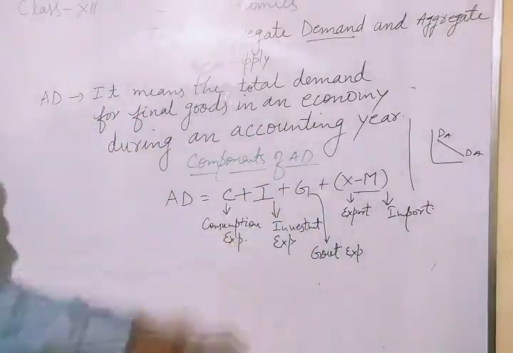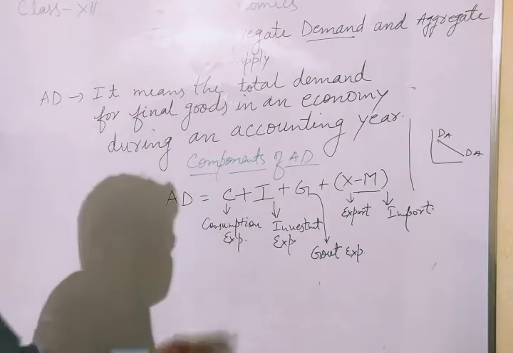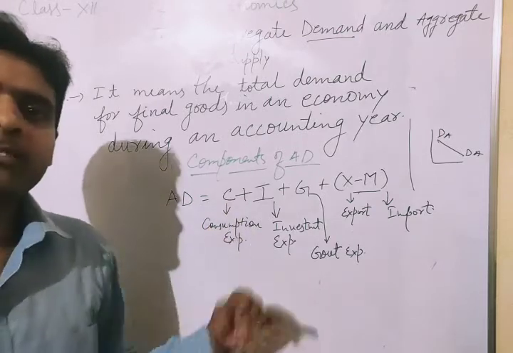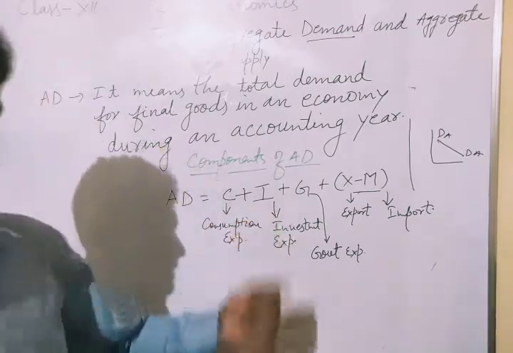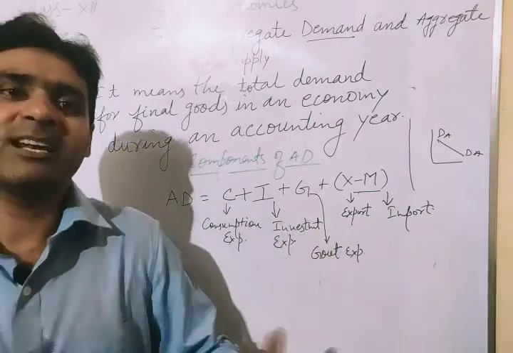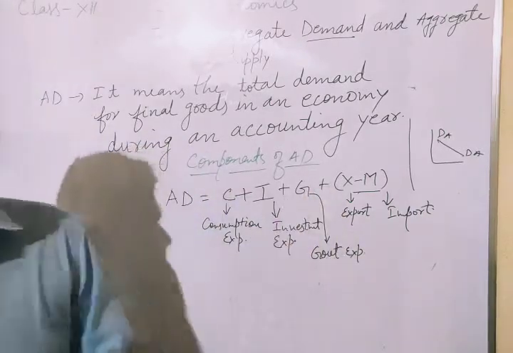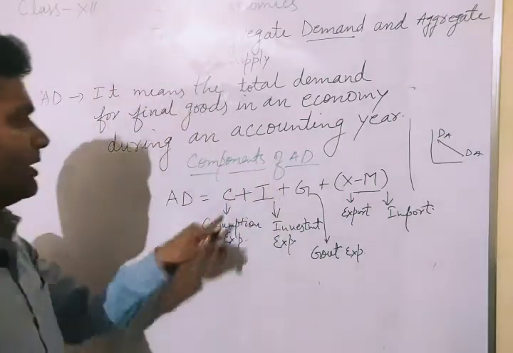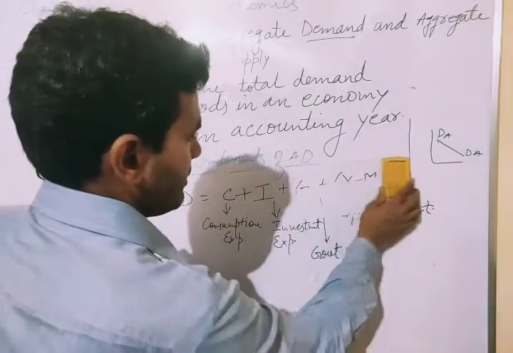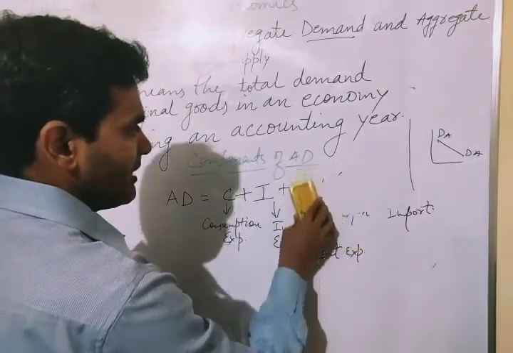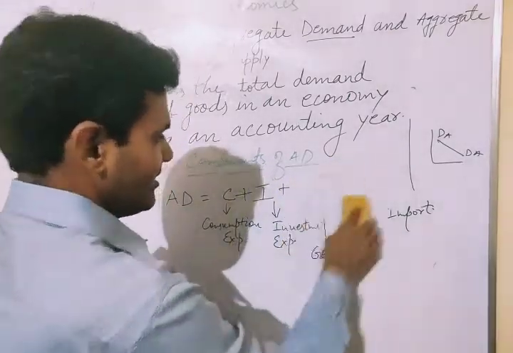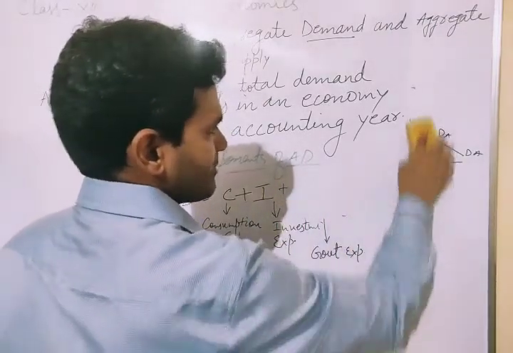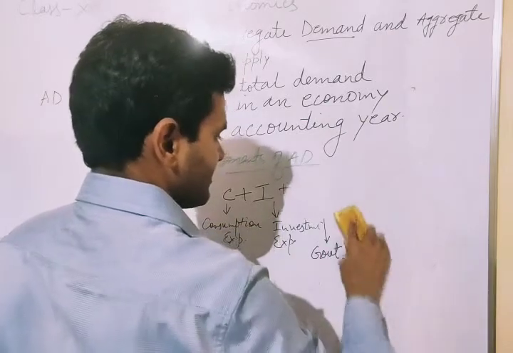This is the case of open economy, where there are four sectors. First, household; second, firm; third, government; and fourth, rest of the world. But in our case of study, we are dealing with only two sectors economic model, as John Maynard Keynes has suggested. So we are taking only consumption and investment. Only two sectors.